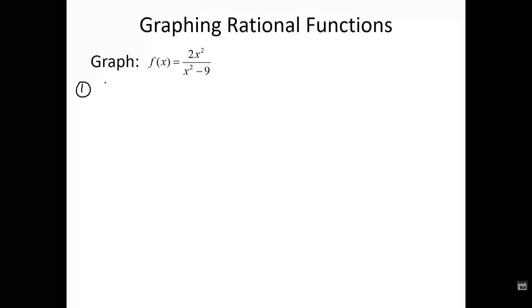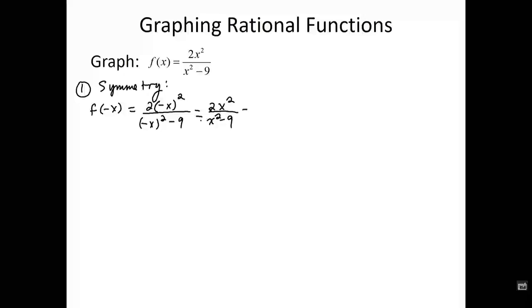So let's first test for symmetry. f of minus x is equal to 2 times minus x squared divided by minus x squared minus 9, which is 2x squared divided by x squared minus 9,